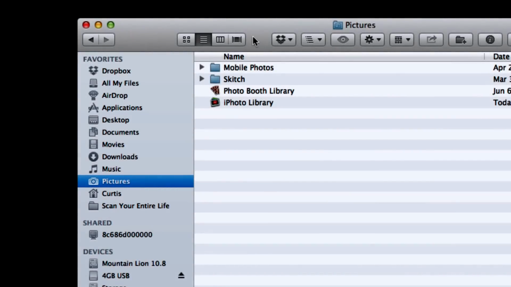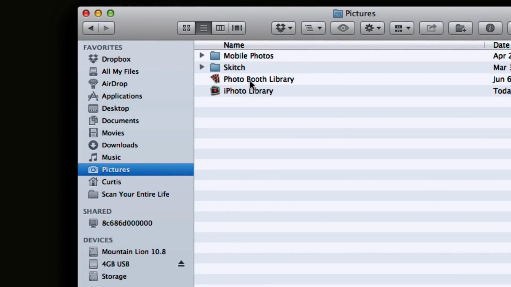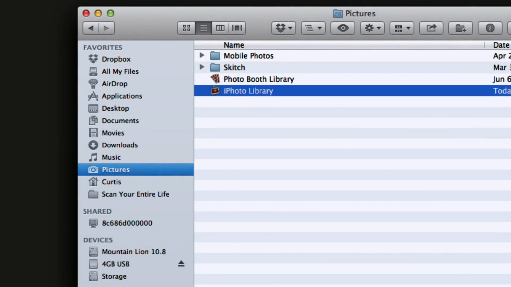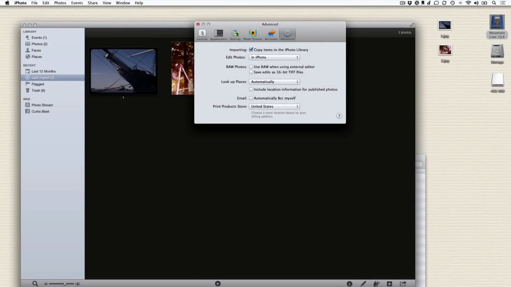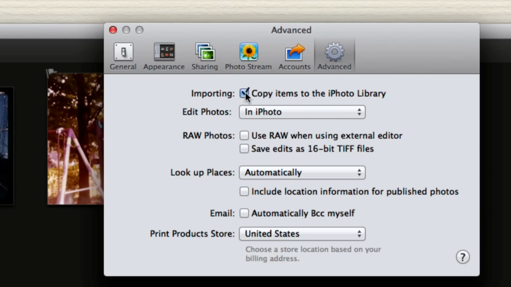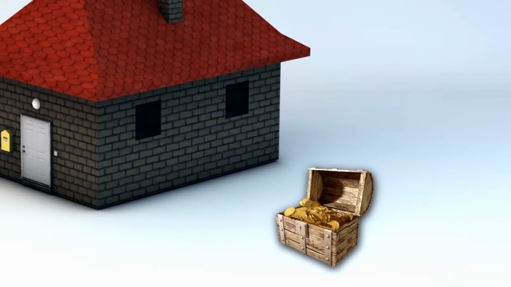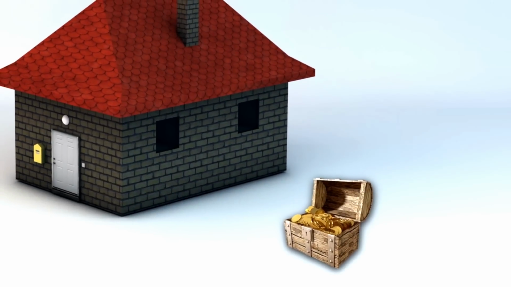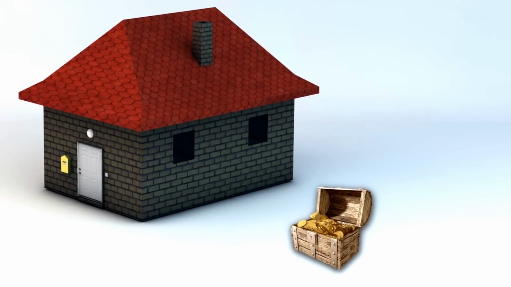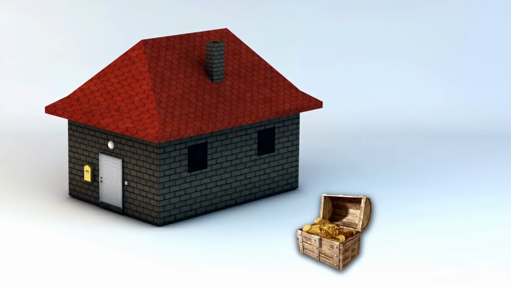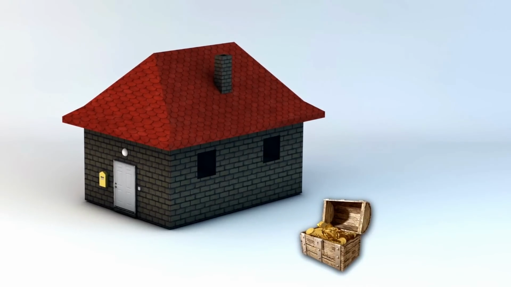So inside of this iPhoto library, it's protecting your images for you. Okay, so then what would happen if we unchecked this little box? Think of it like storing some of your books or your furnishings or your jewelry outside on your front lawn. It's still on your property, but they're not being protected inside of your locked house.